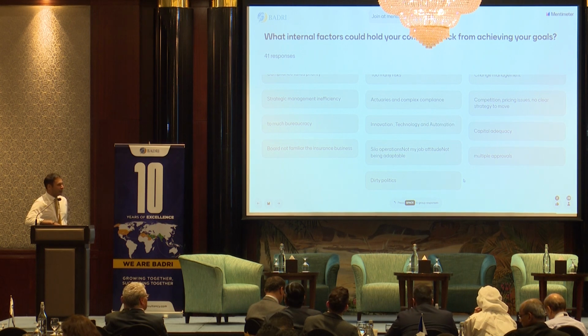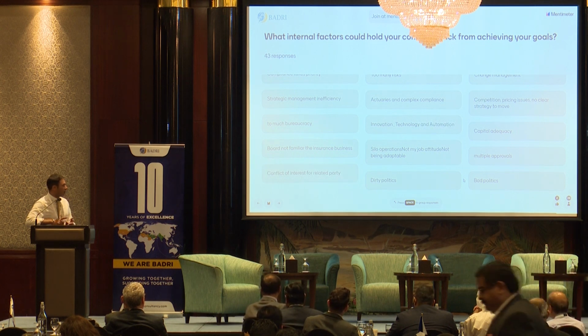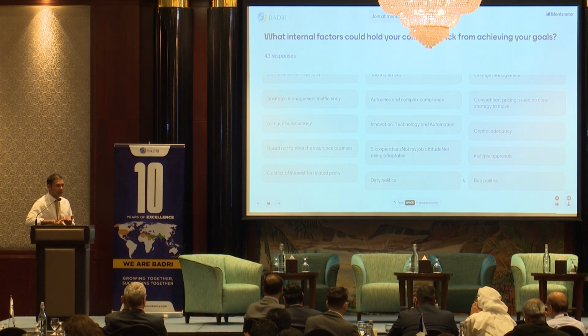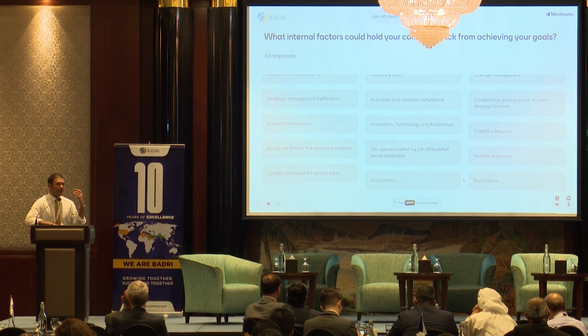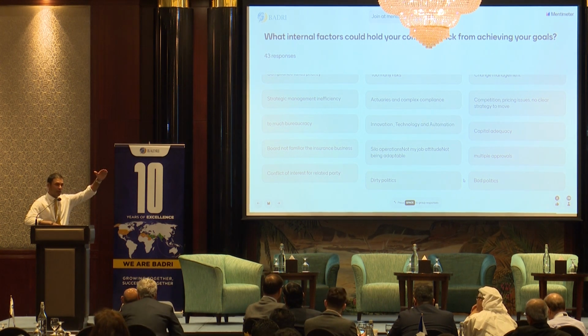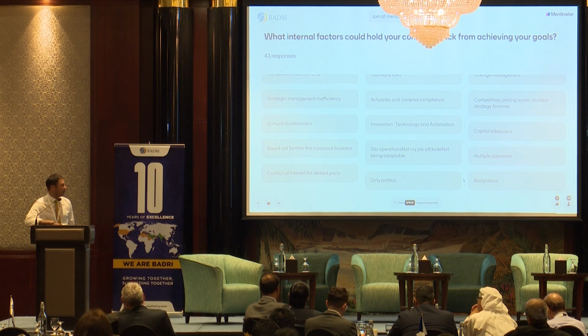For me, what this shows is pretty much every challenge, from governance and management understanding of insurance to not having a clear strategy. I think there's a lot of work for us to do together. Without a strategy at the top, a clear tone from the top, and I mean from the board level downwards, it's very difficult for us to understand which direction we're moving in, what to prioritize, how to run our business. A lot of challenges.